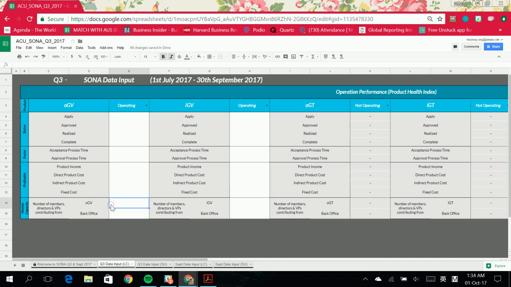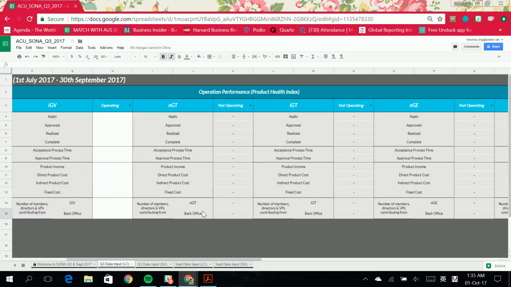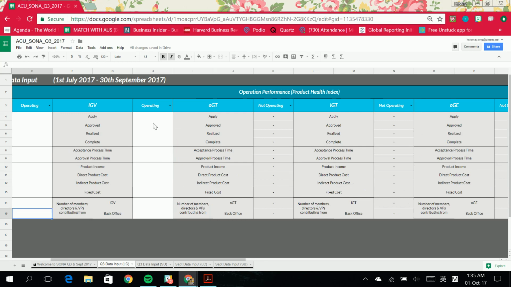And then put down the number of OGV members you have, and the number of back office members that work on your OGV product, because right now we are running as a product team, so there will definitely be a few back office members supporting your OGV. The same applies to iGV as well. Same thing, fill in